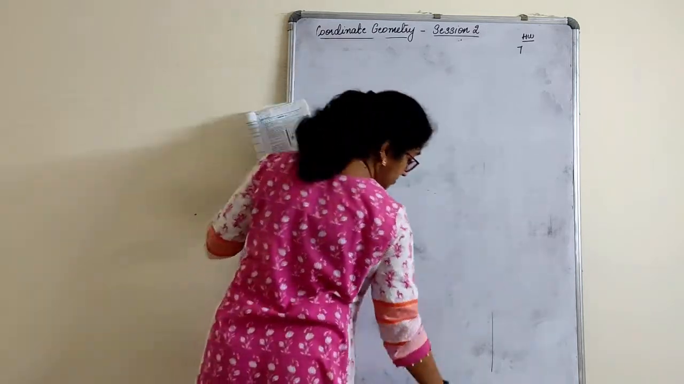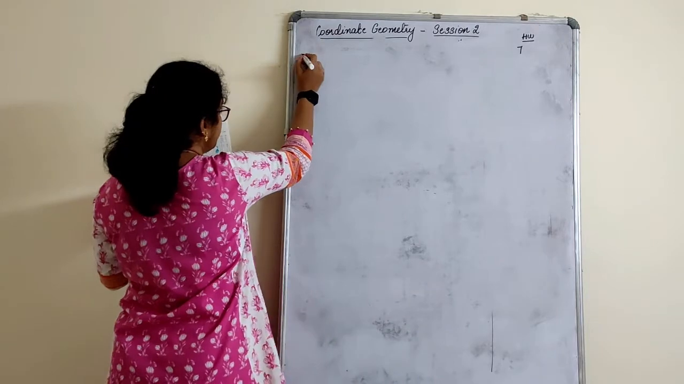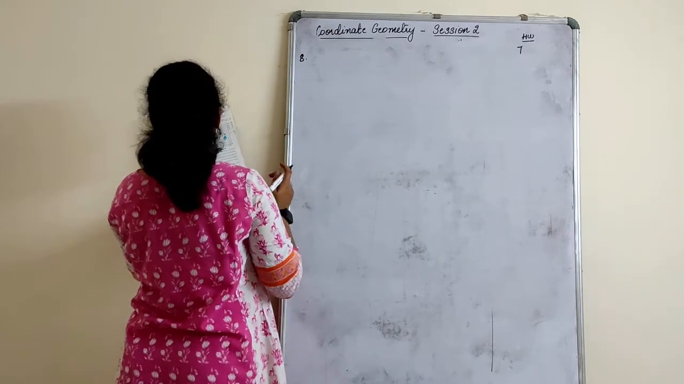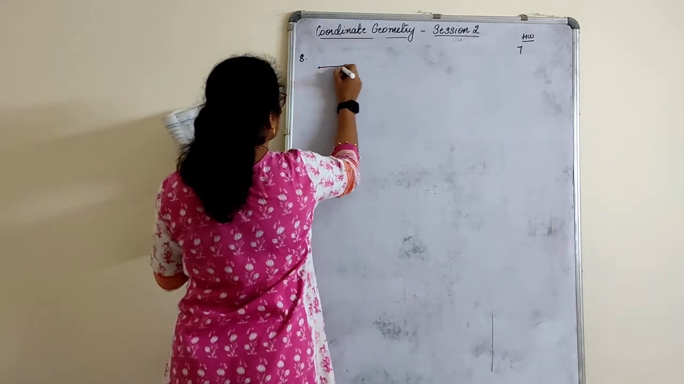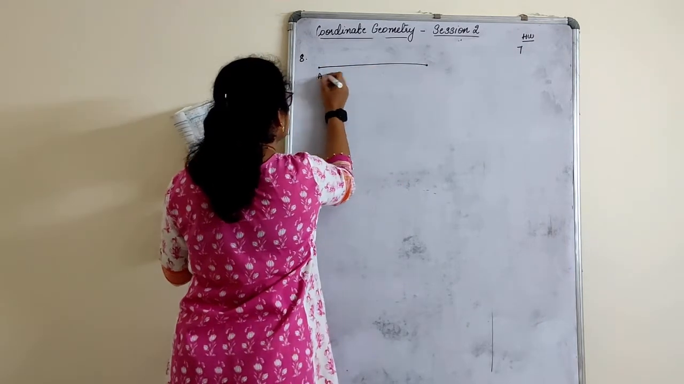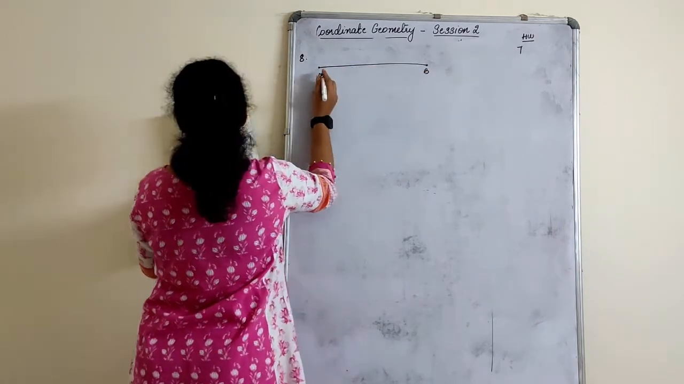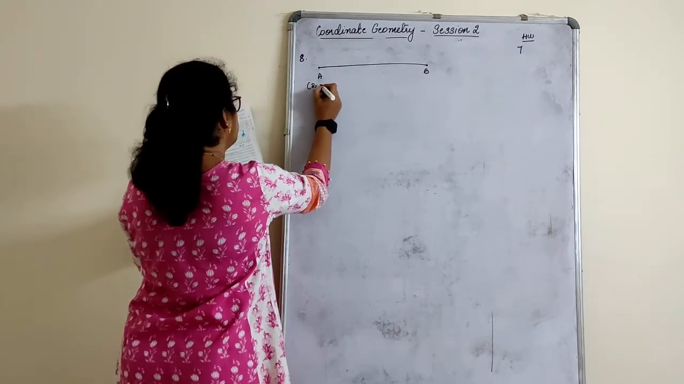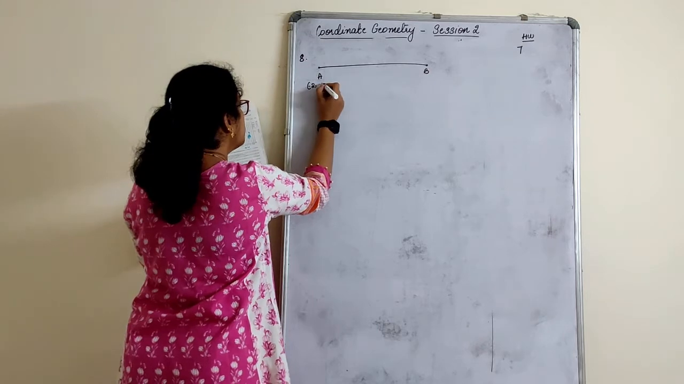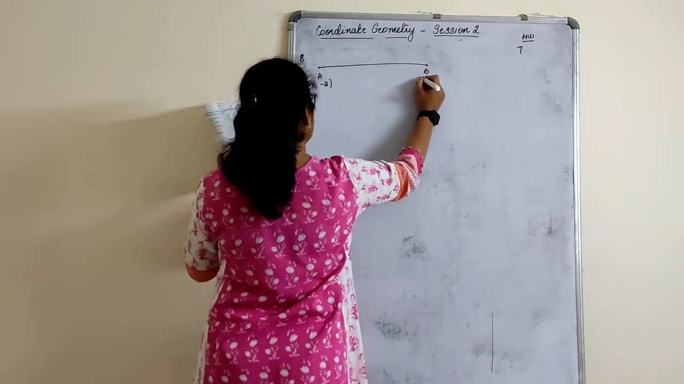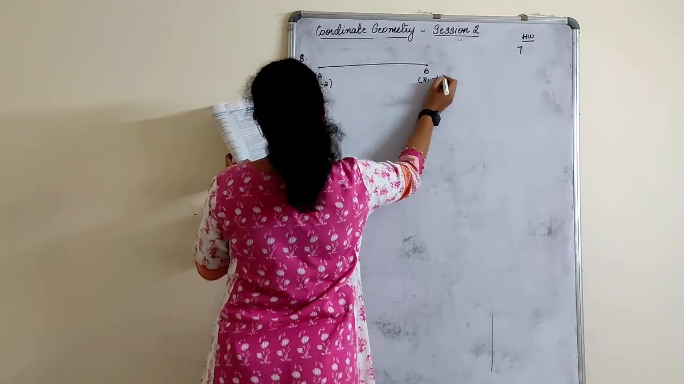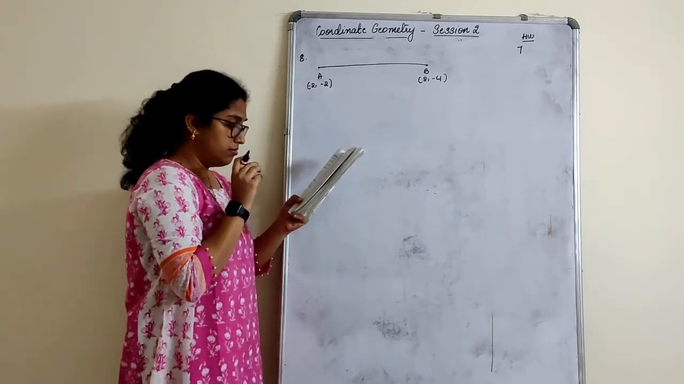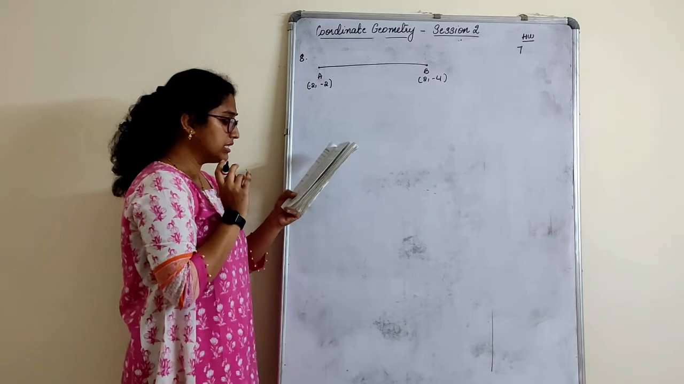We've done similar sums, so I have given this for homework. Eighth one: if A and B are the given points, so if this is A and this is B, what is the A point? 2 and minus 2 is the A point, and 2 and minus 4 is the B point. If A and B are these points, find the coordinate of P